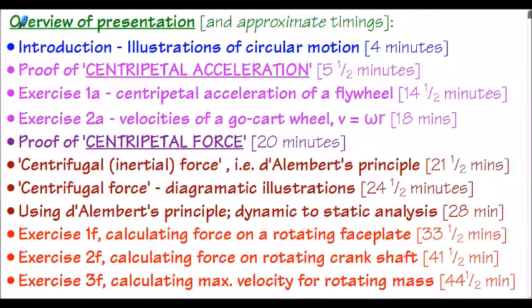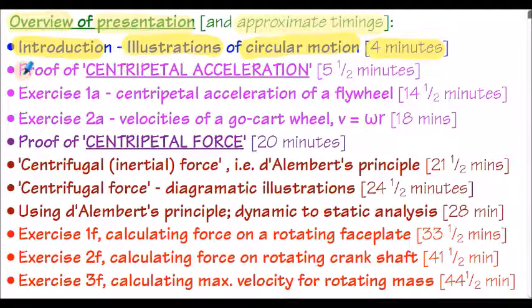Here's a brief overview of the presentation's contents and approximate timing shown of the various topics in the square brackets. So a brief introduction that provides illustrations of circular motion commences at 4 minutes into the presentation. There is a proof of centripetal acceleration commencing approximately 5.5 minutes into the presentation. This is quite a detailed proof related to analysis commonly found in engineering textbooks. The proof ultimately derives two equations for centripetal acceleration, one in terms of angular velocity and one in terms of